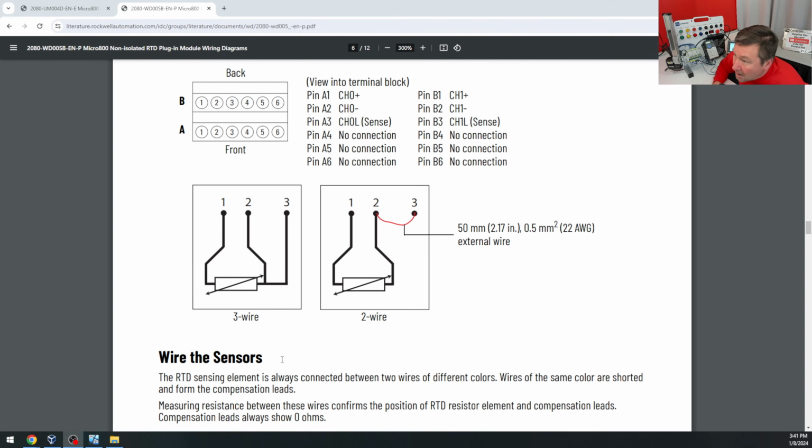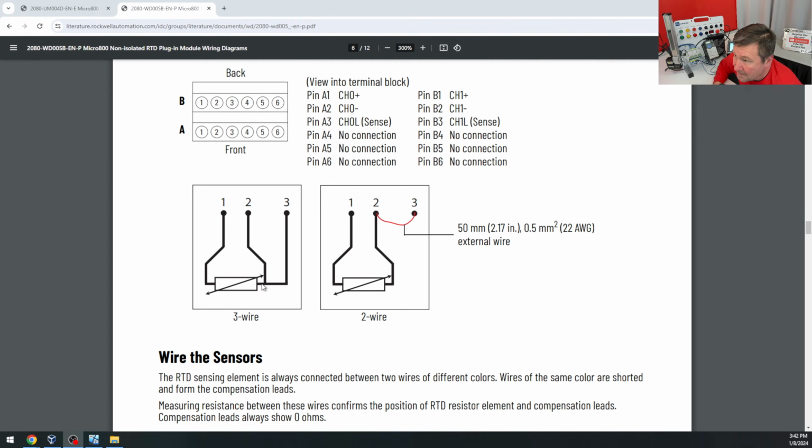Here's an example of a typical wiring diagram that you'll see for an RTD. And the PLC Tools temperature simulators are two-wire devices, but usually you still have to pay attention to the third wire. And we have videos on the difference between two-wire, three-wire, and four-wire RTDs, and the three-wire setup is the most common. But to simulate a three-wire device, you're going to simply take a wire from each of the two terminals that would be on the three wire and connect it to one of the terminals on the